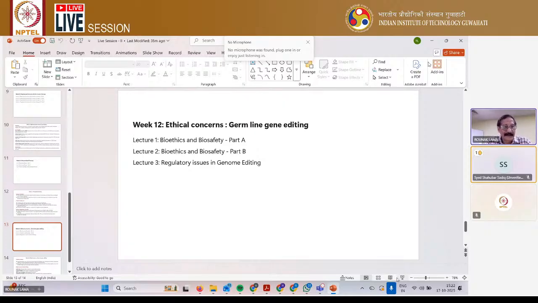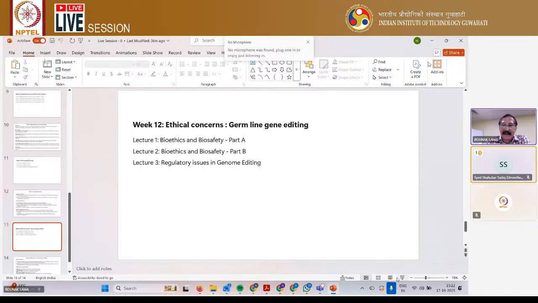But while being excited about the possibilities of genome editing in human disease management, we have to be aware of the various ethical issues related to this technology, particularly the germline